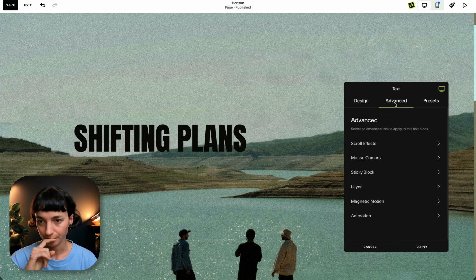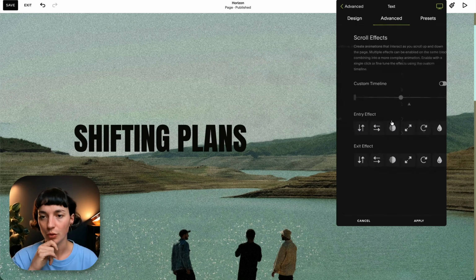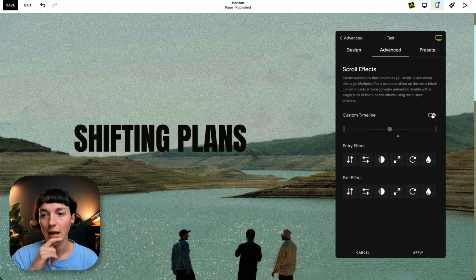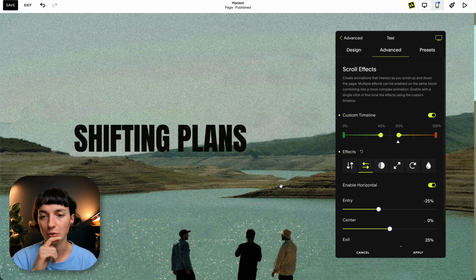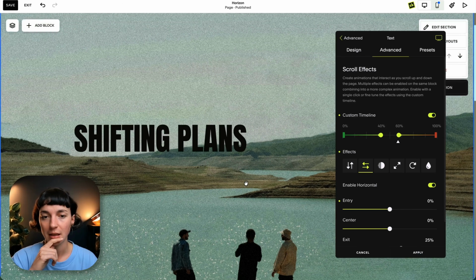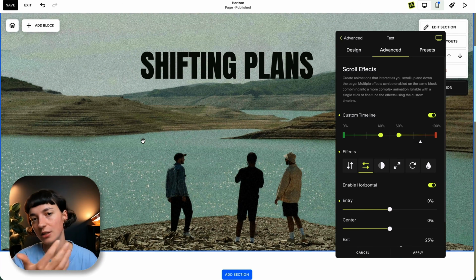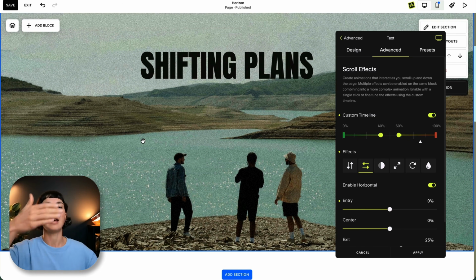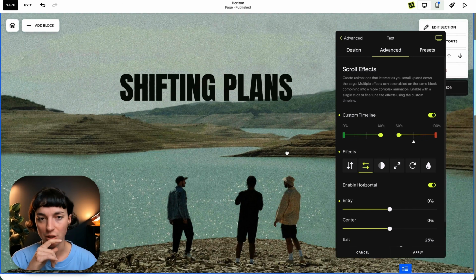So for this one, we want to go to scroll effects once again, custom timeline. We know how it works. And here I can apply different things rather than just scale and vertical. I'm actually going to play with horizontal this time. Same thing here, I go to 0%. And yeah, I do want it to go kind of towards the mountain so that it's going to hide as these layers are moving. I want the text to hide underneath. So I'm getting it to shift